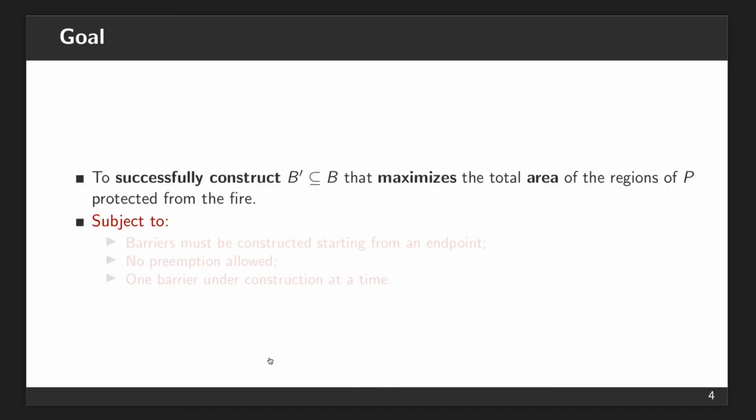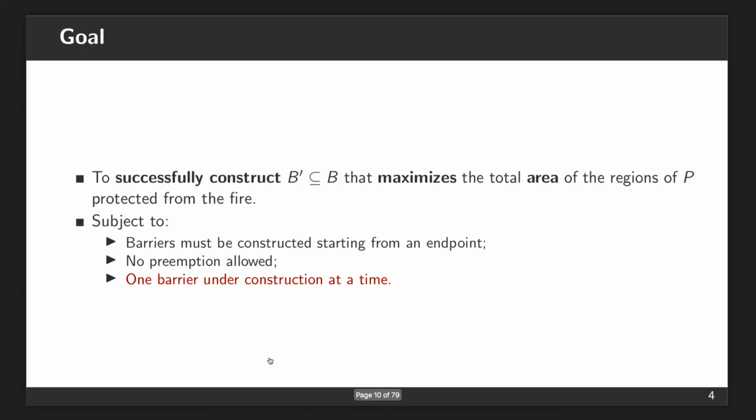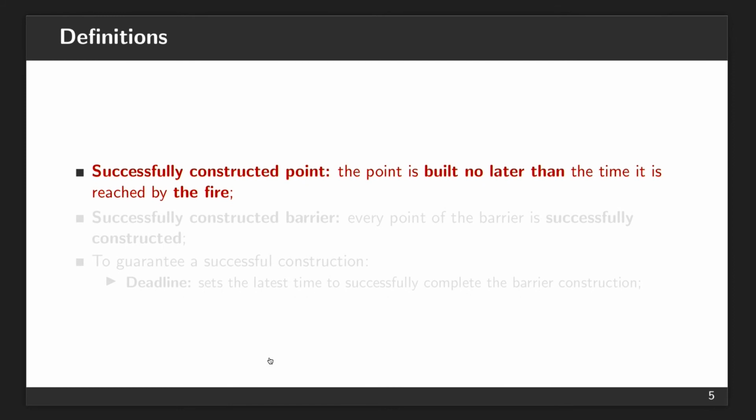And what are our constraints? One is that the barriers must be constructed starting from an endpoint. You cannot construct a barrier from the middle point, for instance. And there is no preemption allowed. Once you start to construct a barrier, you have to go to the end. And in this version of the problem, you are not considering the possibility of constructing two barriers simultaneously.